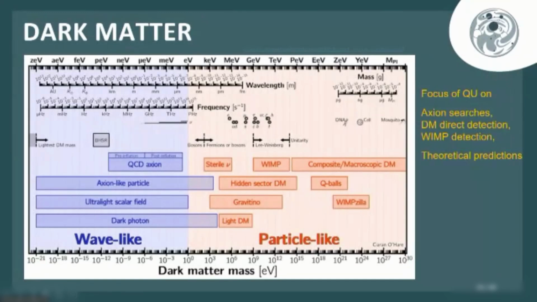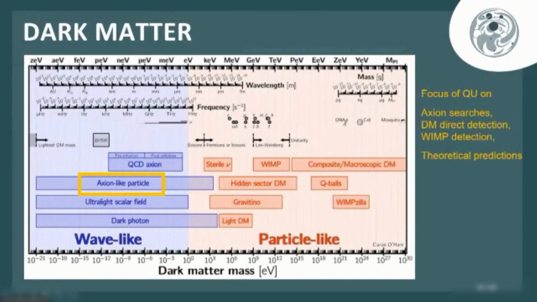This is just a bit of a joke, but if I go to a more serious representation of candidates for dark matter, you find many theories. And we divide basically these candidates in two categories. Dark matter candidates that behave wave-like, so like a wave propagating through the universe, and candidate dark matter that are behaving as particles. And that depends on their energy. Somewhere at the electron volt, 1 electron volt is the divide. And though the cluster is active in many searches, so we're not believers, we're physicists, we search the different theories, we are active developing theories and probing theories.